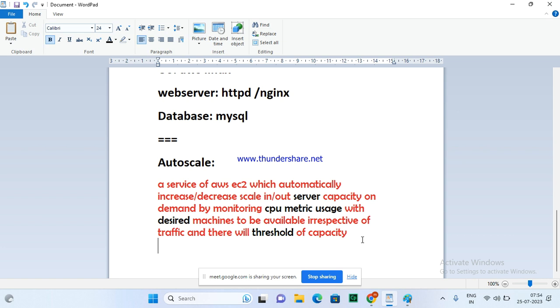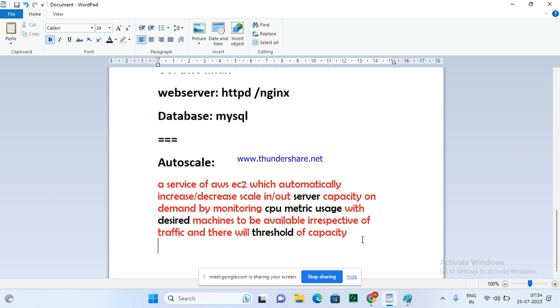So the solution came with the cloud computing concept, where Amazon is offering auto scaling, the scalability. Scalability is a feature of cloud computing which can automatically scale the capacity in and out on demand.